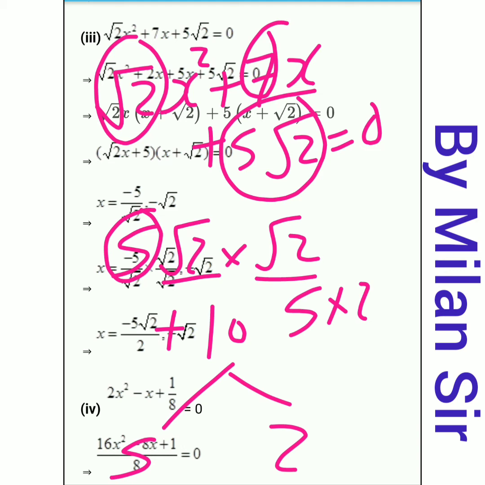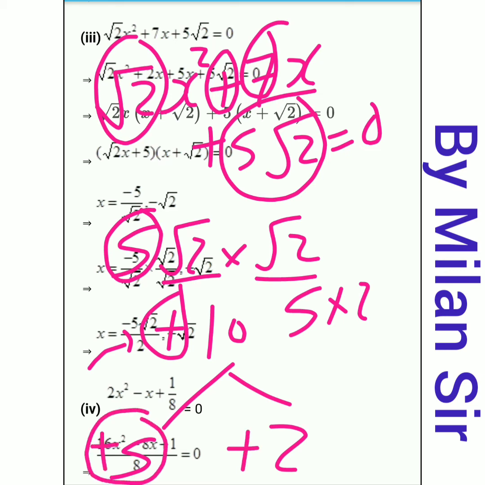5 and 2. Now here we have a positive sign, that means we need to give the same sign to our two factors. If a negative sign is there, then we need to give different signs, and if a plus sign is there, then we need to give the same sign to our factors. That same sign is the sign of our middle term. Here our middle term has a plus sign, so we need to give a positive sign to both factors. So our two factors are plus 5 and plus 2.